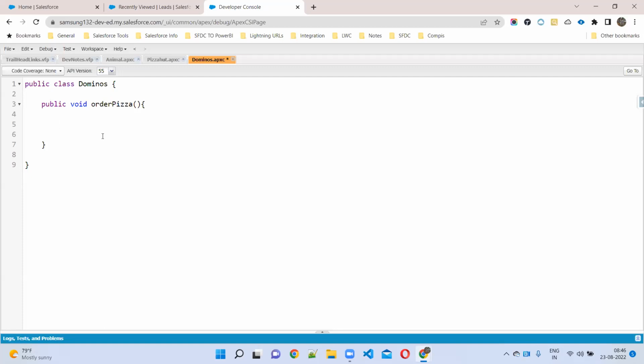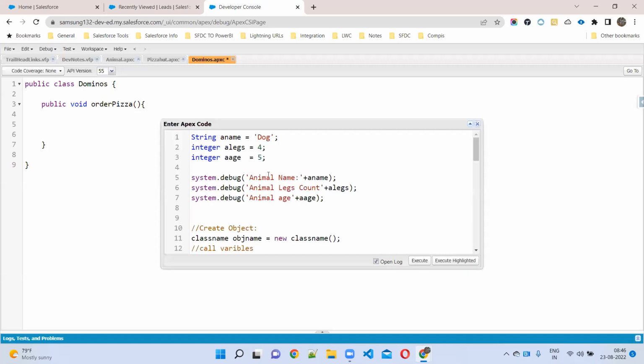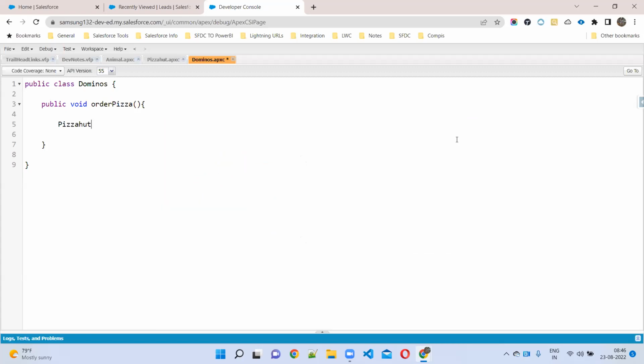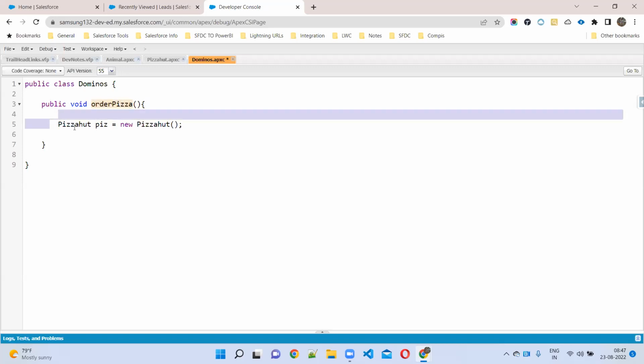Class name, then object name, then equals new class name. Pizza Hut. So if I call this method, the pizza class will also be called automatically. If I order this, which pizza will you get now?